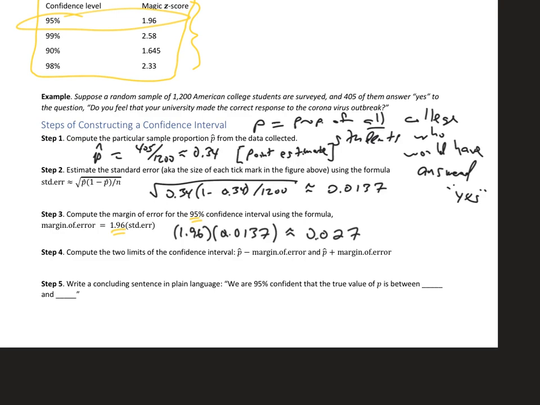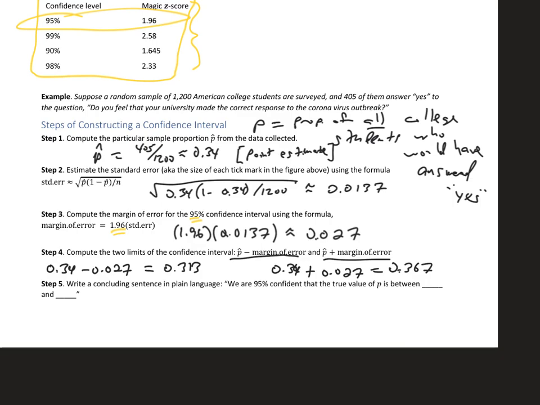So our confidence interval calculation then, we just do p hat minus margin of error and p hat plus margin of error. So remember, p hat was 0.34, margin of error was 0.027. So that'll be the lower number in my conclusion. So that's going to be 0.313. If I do p hat plus margin of error, I get 0.367. So those are the two limits on my